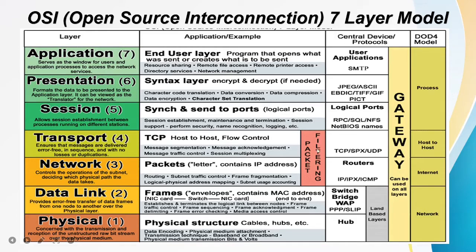Now next is coming to the gateway. Now what do you mean by gateway? Gateway is a software for connecting two application layers. Okay, so you want to connect the application layer of the sender and the application layer of the receiver. So that is a software for connecting two application layers, where one is from the sender side and another one is from the receiver side.